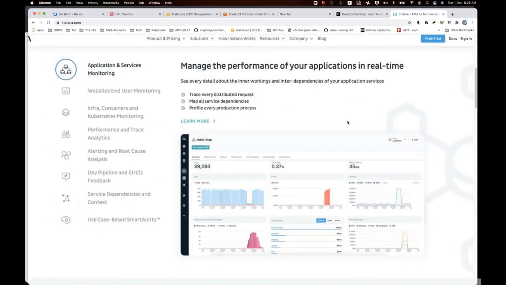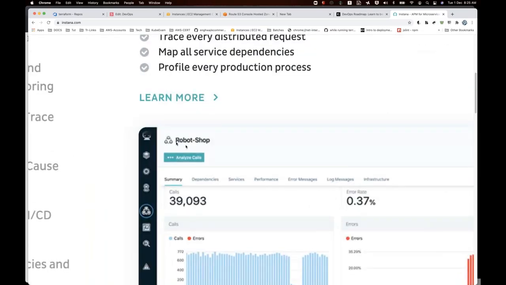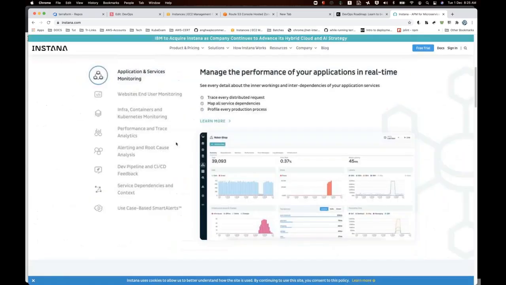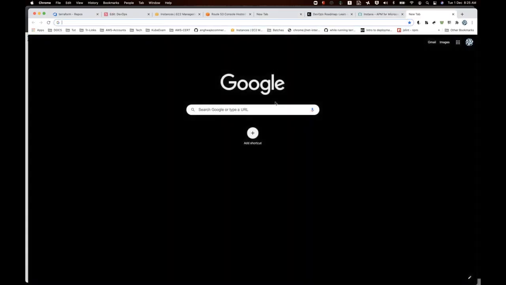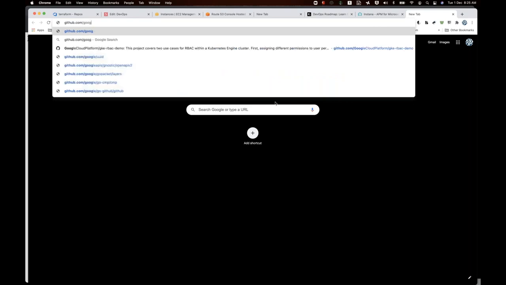So these guys have the RoboShop. In a lot of their presentations they present this particular RoboShop, and everyone has some kind of project. Let's say Google has their own project. GitHub.com has very serious projects. So it's all about how we